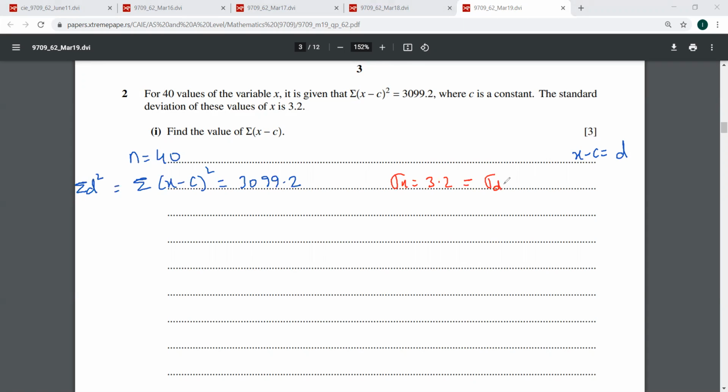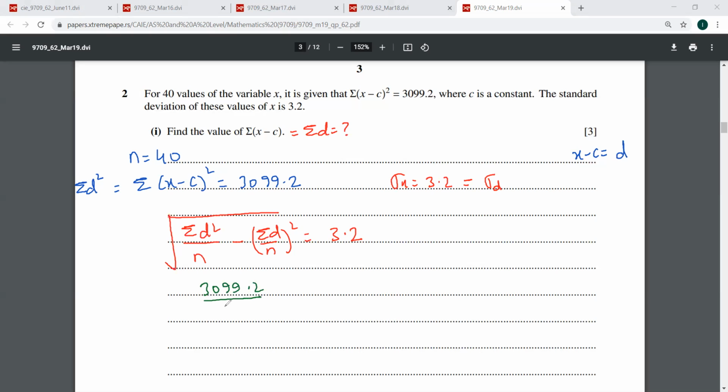So now it says find the value of sigma (x minus c). In a way it is asking for this sigma d. Now I think we can use this standard deviation formula. Can I say that the square root of sigma d square over n minus (sigma d over n) whole square is equal to 3.2? Yes, we have sigma d square with us, which is